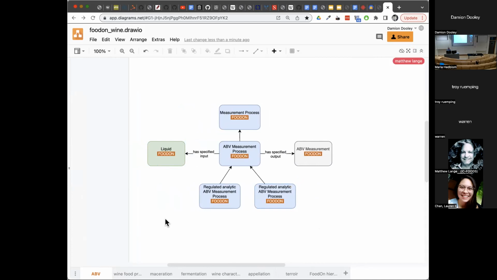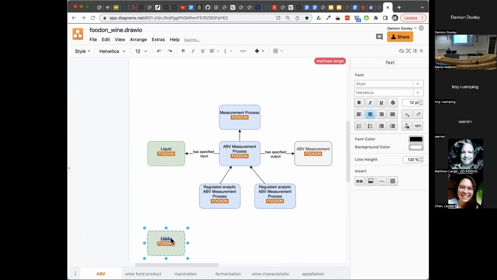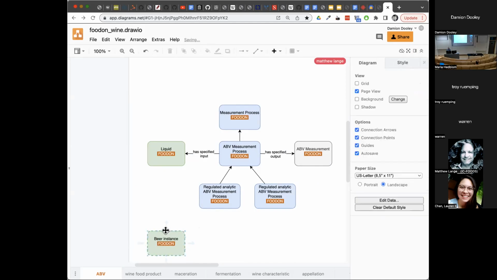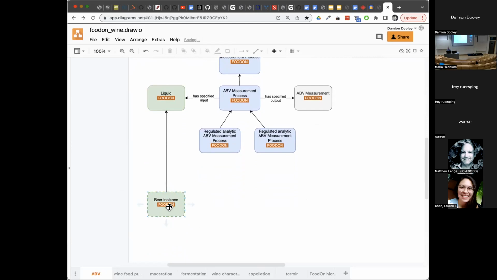Okay, so that raises the question of whether we can talk at a class level or an instance level. If I was being strict here, I would make a second layer that would talk about the instances of things, and I'll maybe just highlight them with dashed lines. I understand. I agree. I just want to have that on the screen so we can talk about it. Okay, great. So here we have a beer instance. And if you can put, say, GS1 ABV on it, just put another box that says, I don't know, 1.2. Just put another box like a literal. Oh, you mean like a measure? Yeah. Okay, right. All right, so to use the convention,